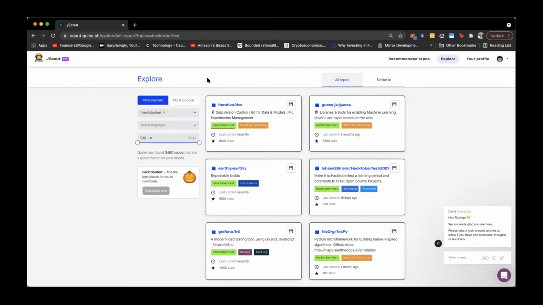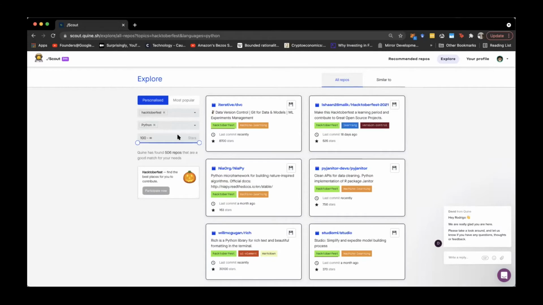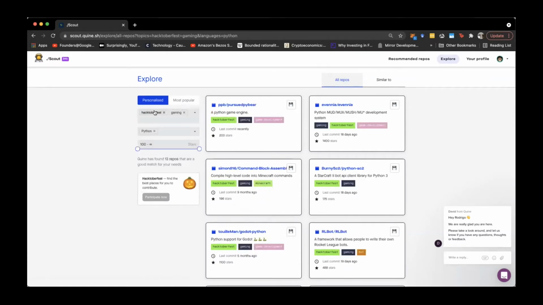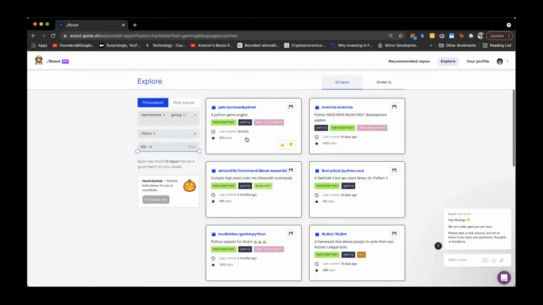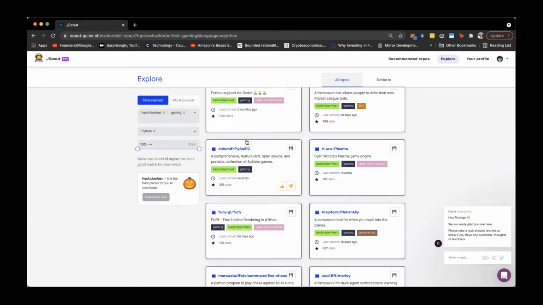A lot of the maintainers already label their repos. If a maintainer wants to participate in Hacktoberfest, they already label the repositories as Hacktoberfest. So what you can do here is get a list of repositories that have the Hacktoberfest label. Suppose you're interested in Python, and you would maybe like to contribute to a repository that is in gaming. You can just filter the results by Hacktoberfest, gaming, and programming language, and you will see a list of repos that fit these particular